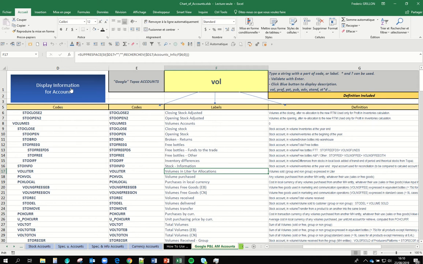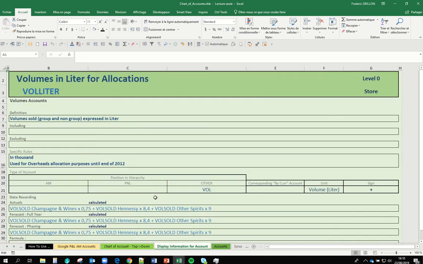you can click on the blue button and the sheet will be automatically moved to the next sheet, the second. It will jump from this one to this one. You have the presented information for this account: which level it is, what is the topic, where it is included as a group, its definition, what it includes, what it excludes, specific rules,